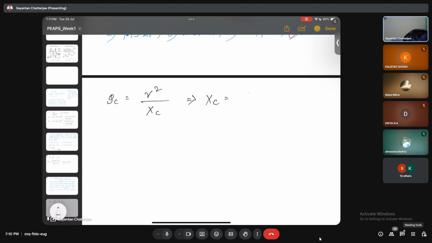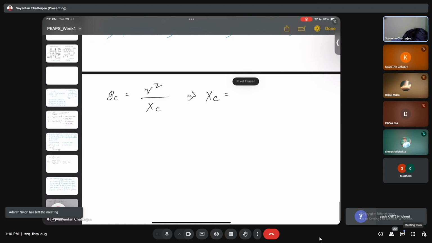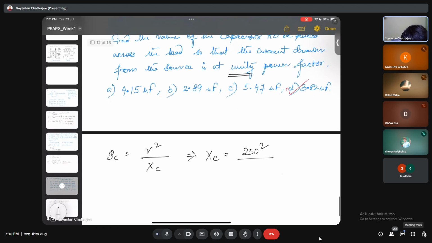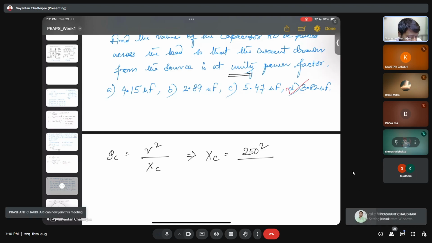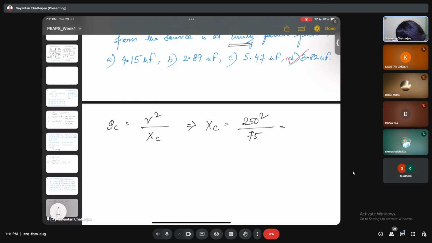V is given, 250 volt square, 250 square by Xc, Xc is on this side, so QC value is already known, 75. So what will be the value of Xc? 250 square by 75, it is coming as 833.33